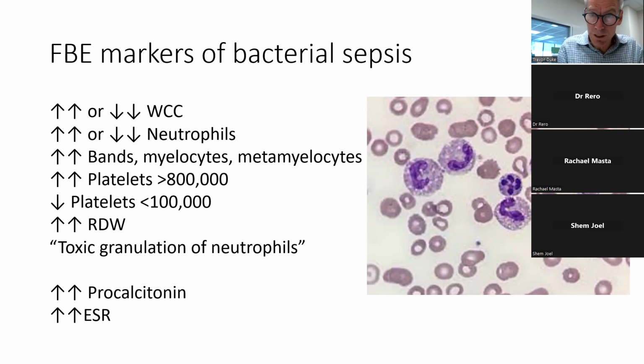It doesn't mean the child has leukemia, but the blood film can look like that. Because they've got these abnormal granulocytes in the blood film, it can look very toxic and inflamed, because the bacteria are causing the bone marrow to produce lots of new neutrophils. So this is an example of a blood film where there are a lot of neutrophils, and the neutrophils have a lot of lysosomes. You can tell the neutrophils by their multi-lobed appearance, and they also have a lot of what we call lysosomes,